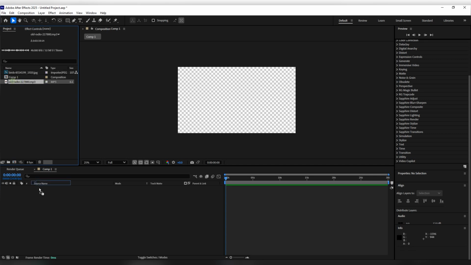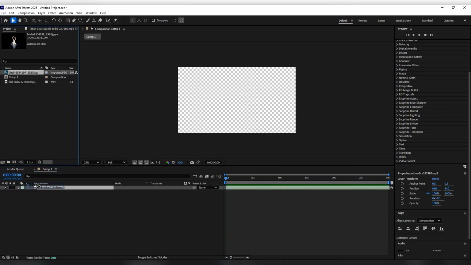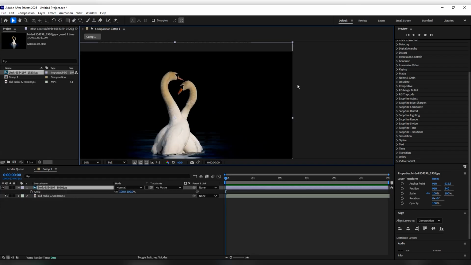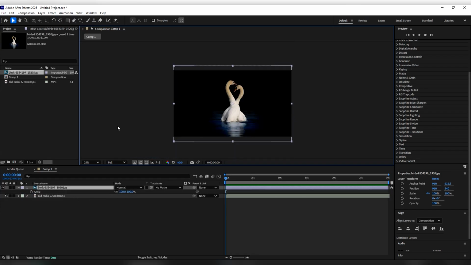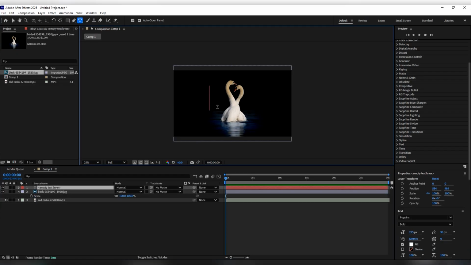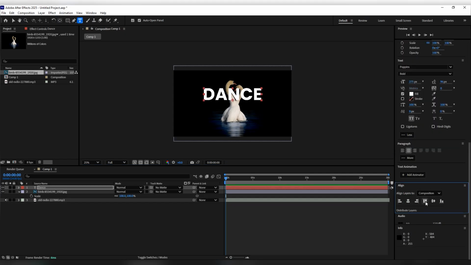So I am just going to bring that audio and picture inside the composition that we created, and make sure the picture scale fits to the composition. I make this composition 1920 by 1080. So I am just going to add a text, "dance", and I am going to align it to the center of the composition by going in Align and aligning it to the center.